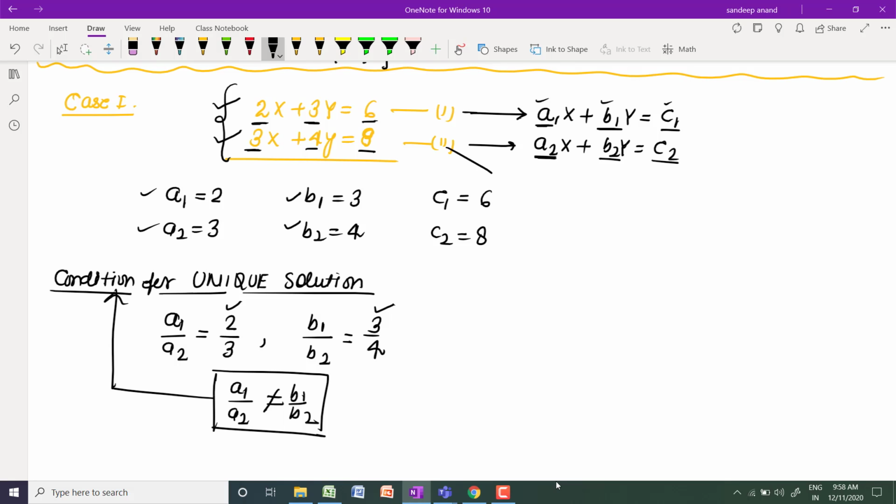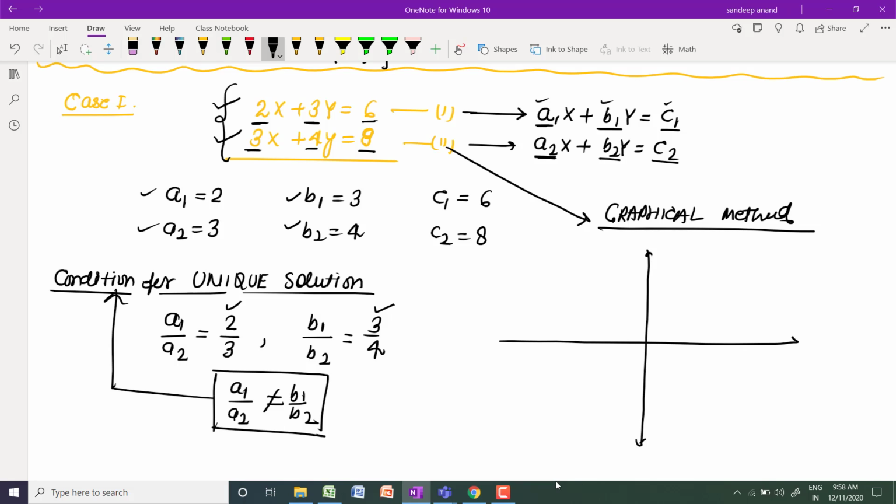Now I'm just giving you an idea about solving this linear equation by the graphical method, because in the graphical method you can best judge the trends of the two straight lines. We already discussed graphical method for all questions. Suppose you want to draw this linear equation in a graph, maybe you will get this type of curve. One straight line is this, and the second straight line falls like this, suppose.